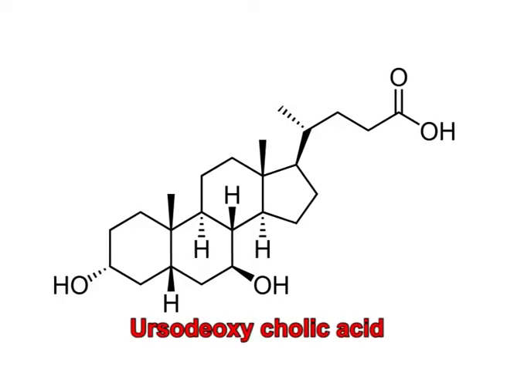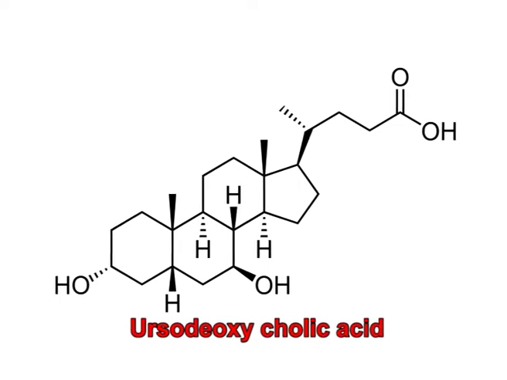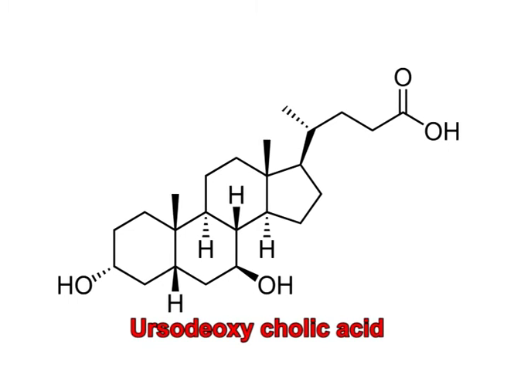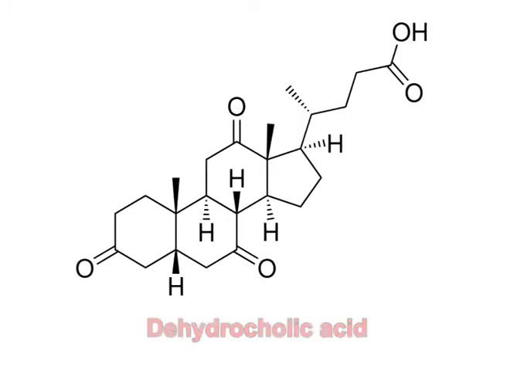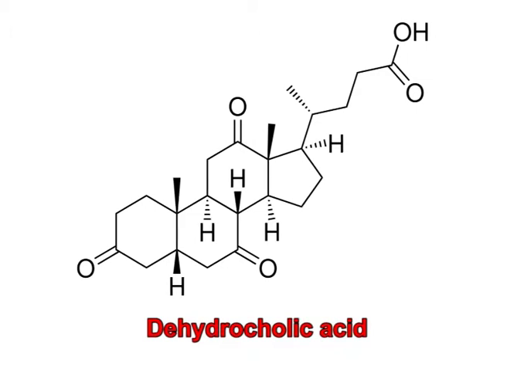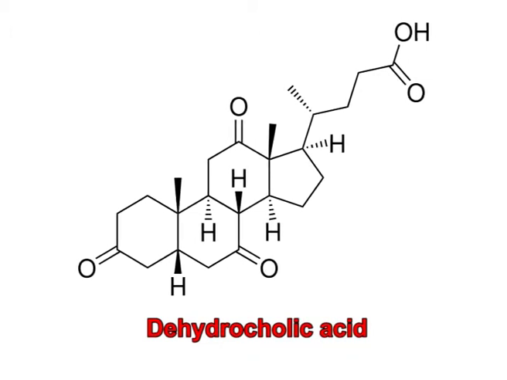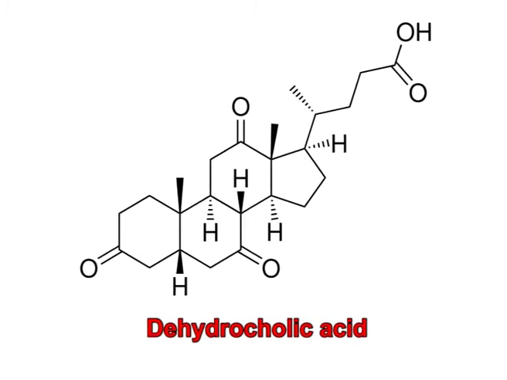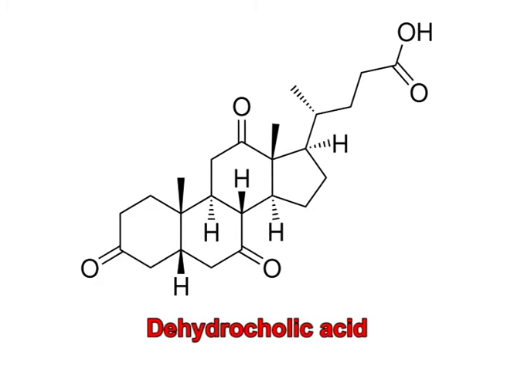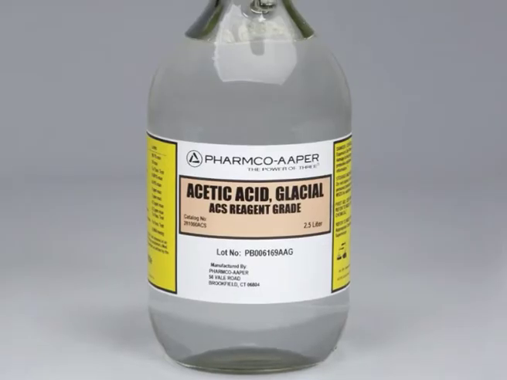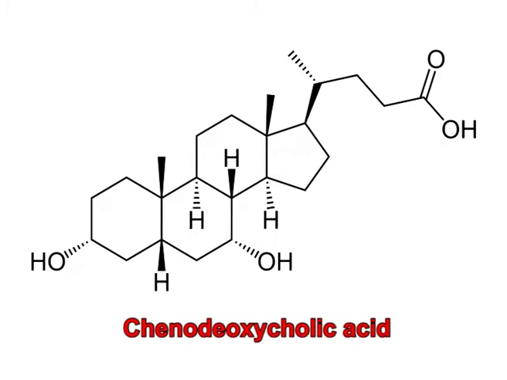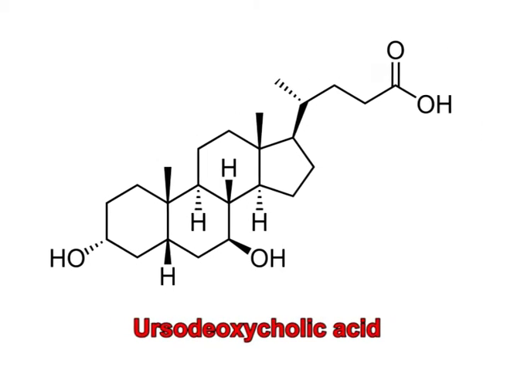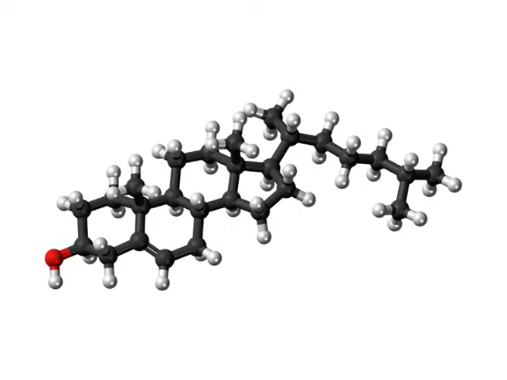Ursodeoxycholic acid, which is 3-alpha, 7-beta dihydroxy 5-beta cholan 24-oic acid, is a minor acid in man. Dehydrocholic acid, which is 3,7,12-trioxo 5-beta cholan 24-oic acid, is a semi-synthetic bile acid and is prepared from cholic acid by oxidation with chromic oxide in glacial acetic acid. Chenodeoxycholic acid, which is chenodiol, and ursodeoxycholic acid, which is ursodiol, but not cholic acid, decrease